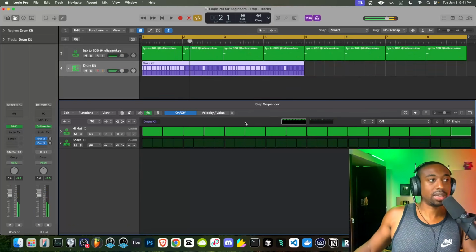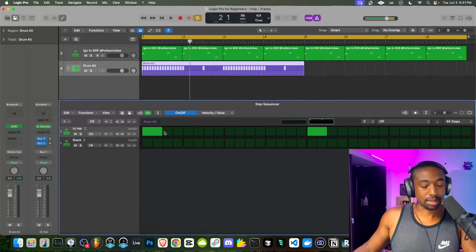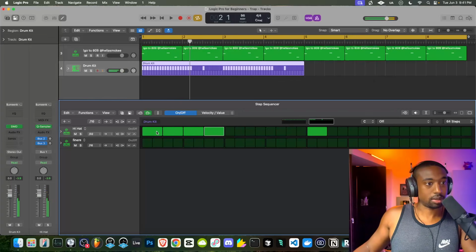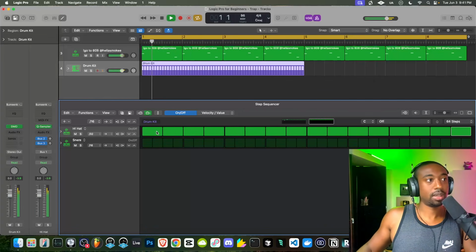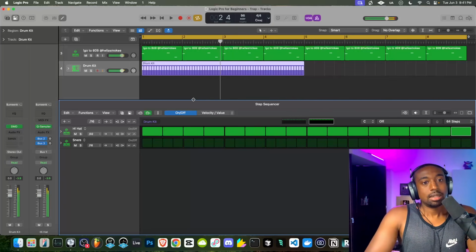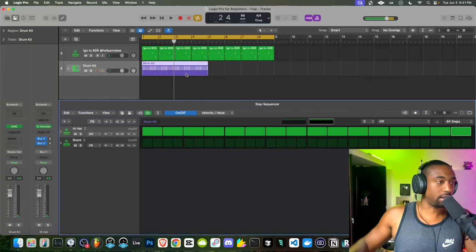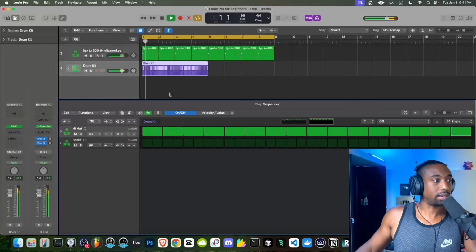All right, so the question is, how do we continue this pattern? We got to go over here to the second tab and do that same exact thing. Click on that first note, hit Command R to copy and paste. Now, the one thing about FL that's different than Logic is that when you make a change in this pattern, it's not going to just make a change in the other pattern from default settings.